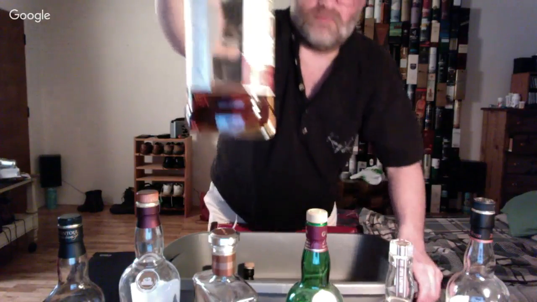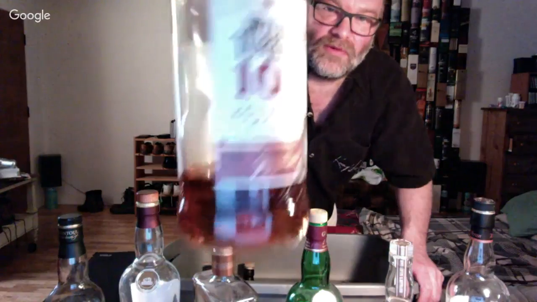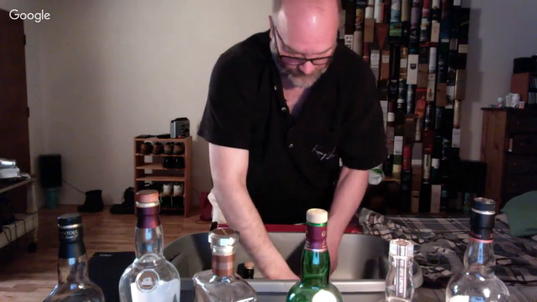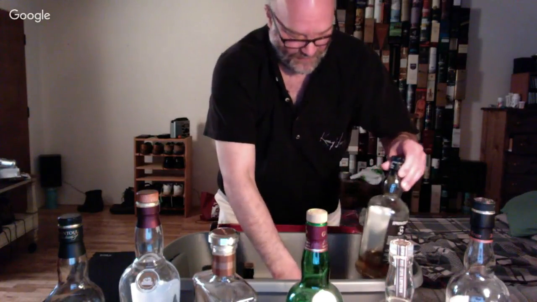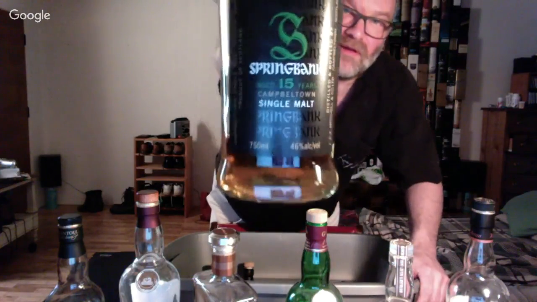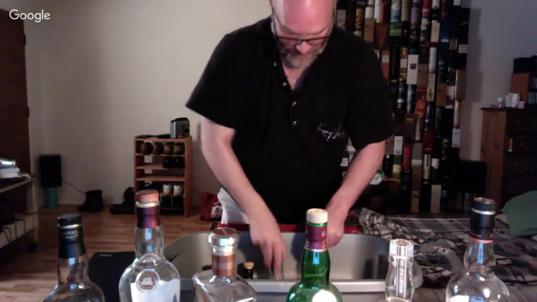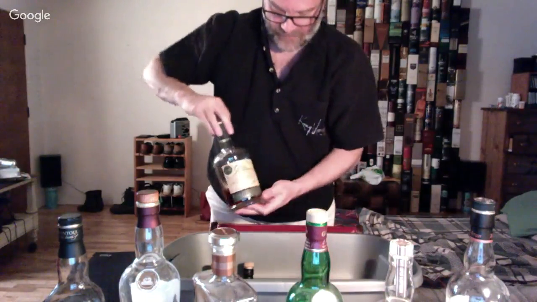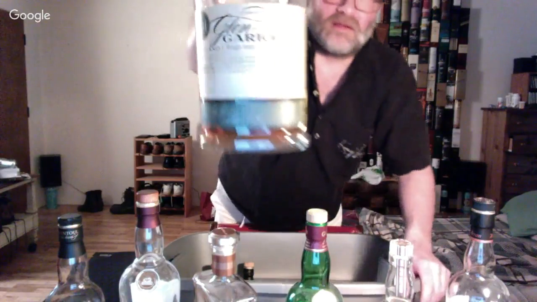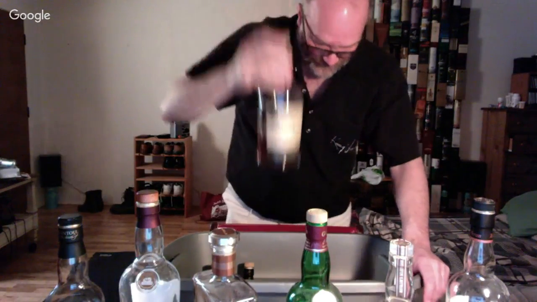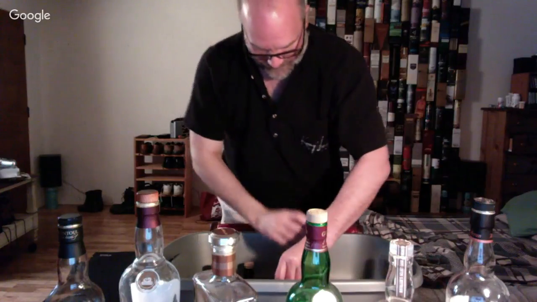Got some Wild Turkey 101, a little bit of that. What's this? Oh, the Springbank 15, got some dregs of that. Got some Glengarry. I would not leave home without some Glengarry. Glengarry 12. Yeah.